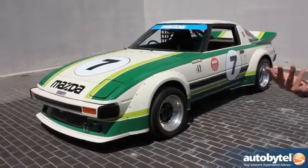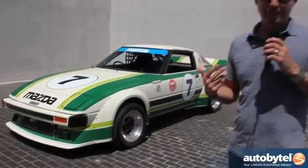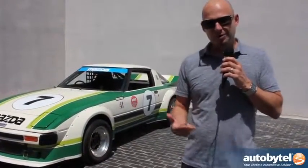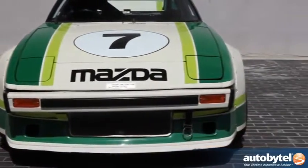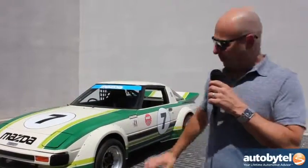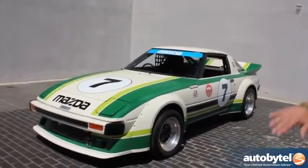This is the first generation RX-7, and this car was really significant for Mazda because although it wasn't the first rotary vehicle or even the first rotary sports car, it was really the first mainstream sports car that Mazda had the rotary engine in. This particular version of the car I really like because first of all, I really like